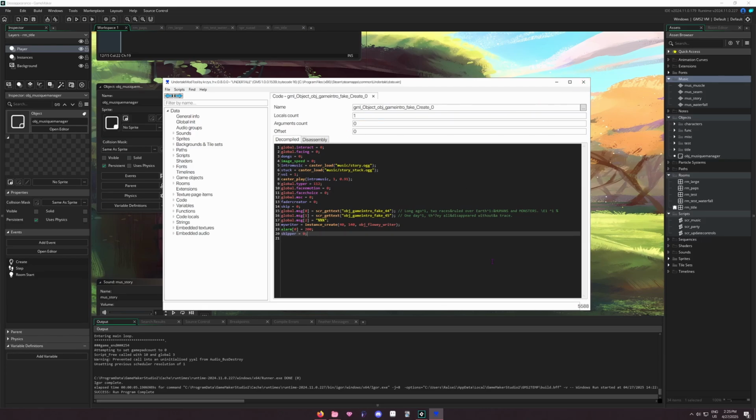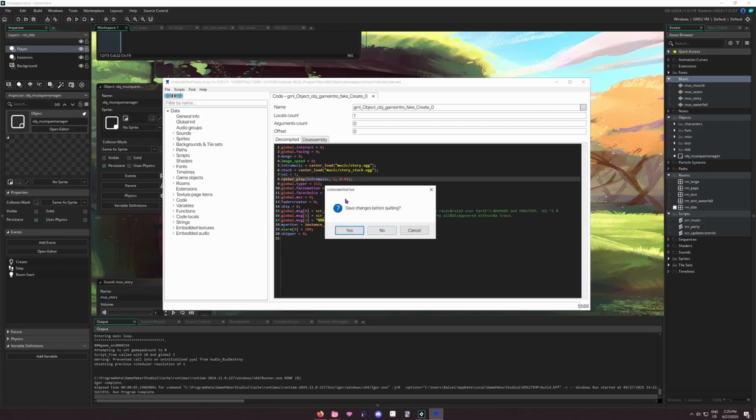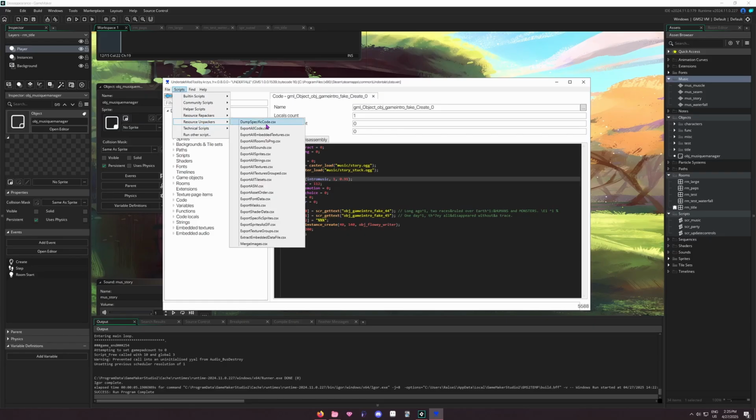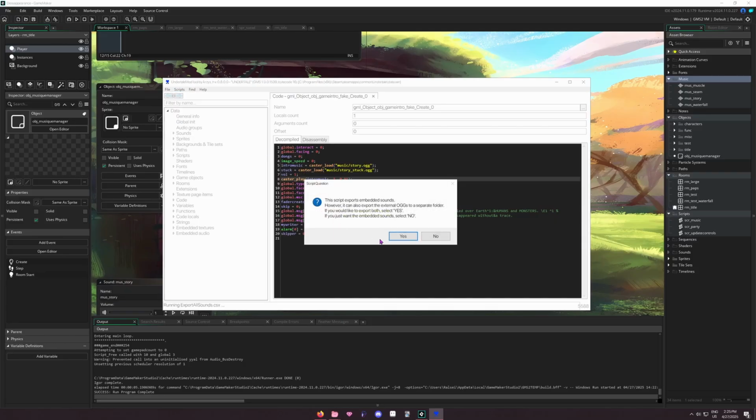And of course, they play at different pitches at different times, so you might have to look through a few different things rather than just the one time that Once Upon a Time plays. And so then you can close it out. Actually, before you close it out, another thing you can do is click Scripts, Resource Unpackers, and then click Export All Sounds, and this will create an exported